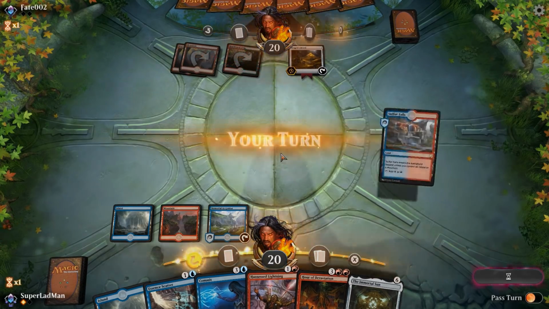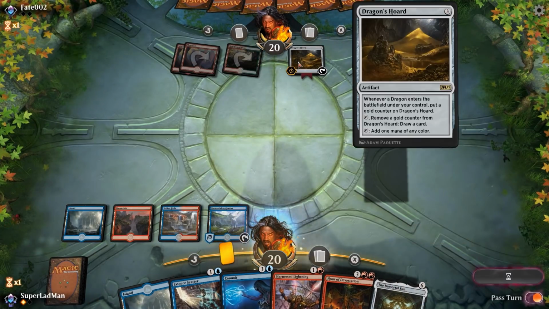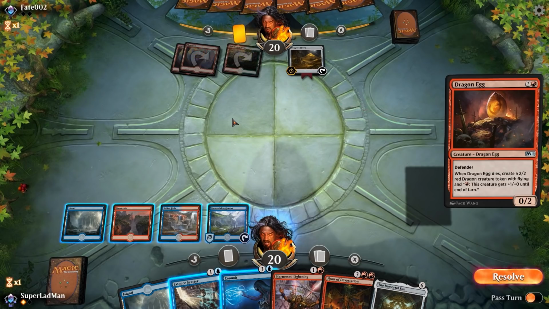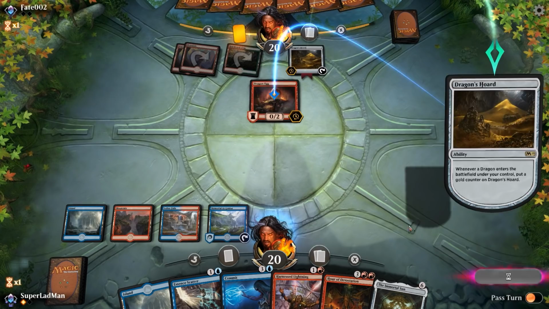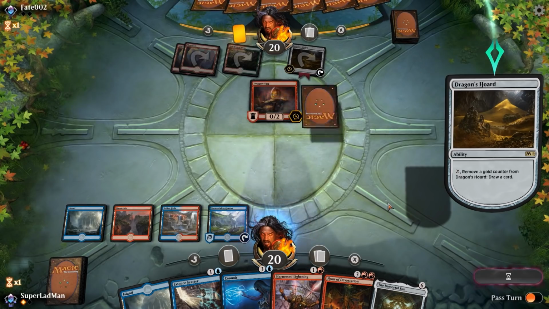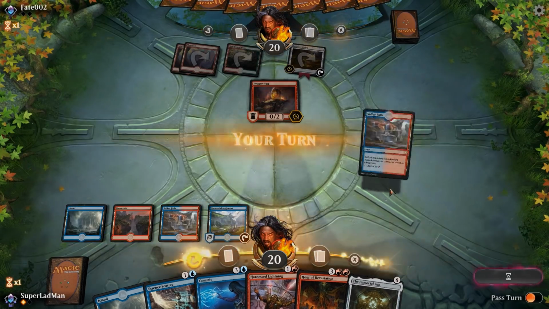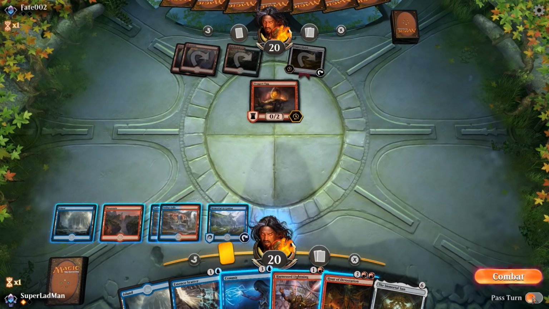Dragon's Horde is fine. It is card draw, but it's card draw when a dragon enters the battlefield. And they don't have to enter the battlefield if I don't want them to. Dragon Egg. Sure. Yep. It just won't ever die, and I won't ever run anything into it, really. So, it's not a big deal. I brought out my board wipe that would replace it, so...